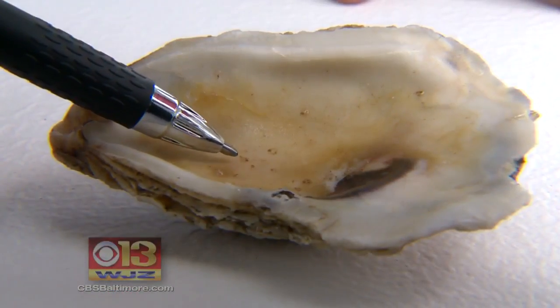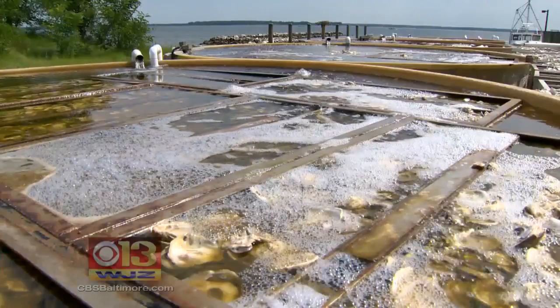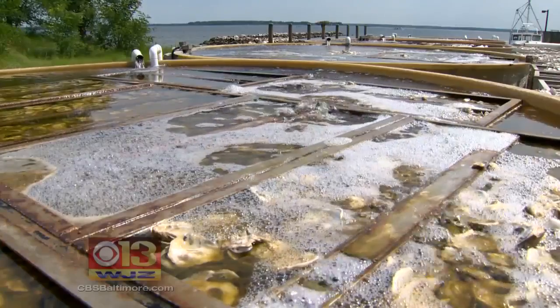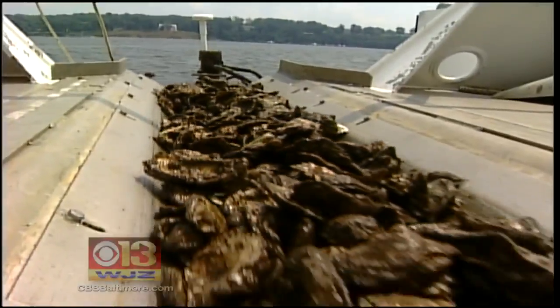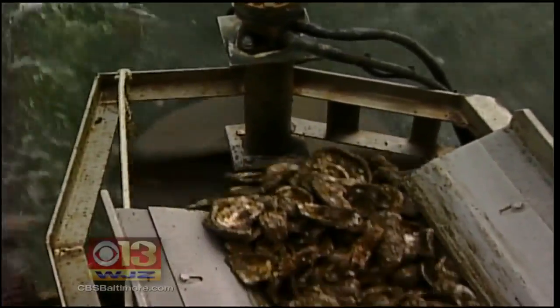You have to look close. Each of those tiny spots is a baby oyster called spat. New life grown and attached to recycled shells in a lab. Tens of millions have been used to build oyster sanctuaries, off limits to harvesting, to renew oyster populations in the